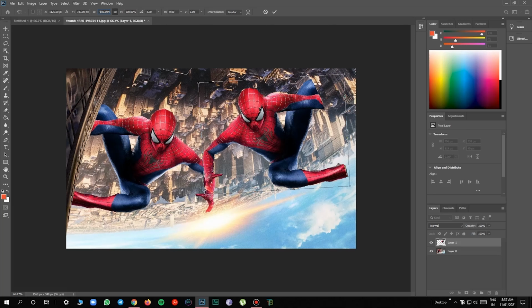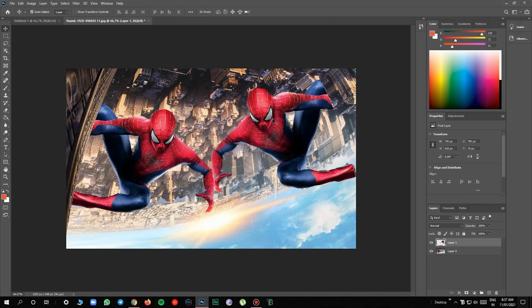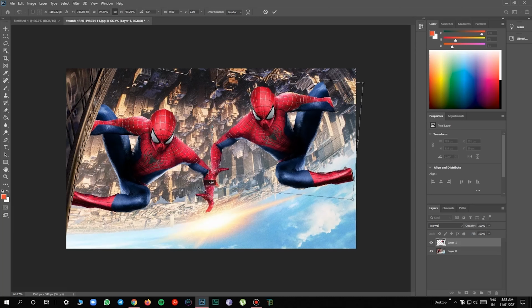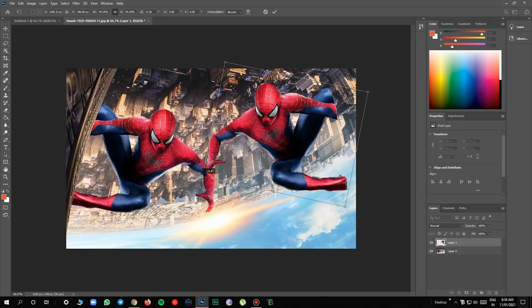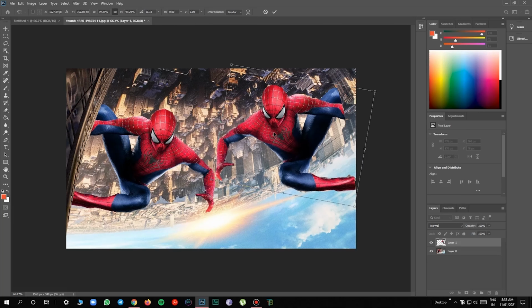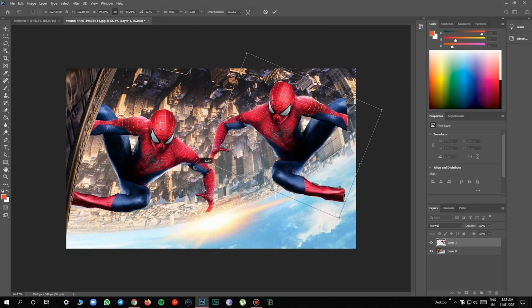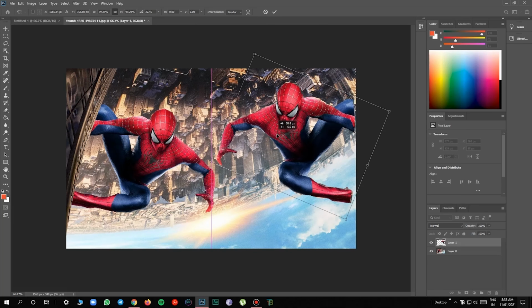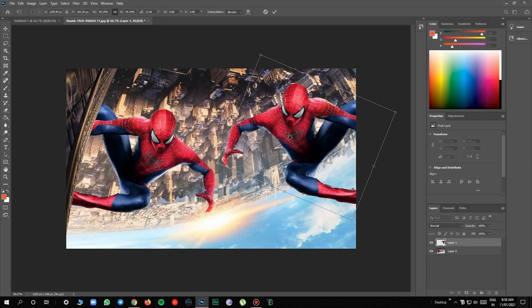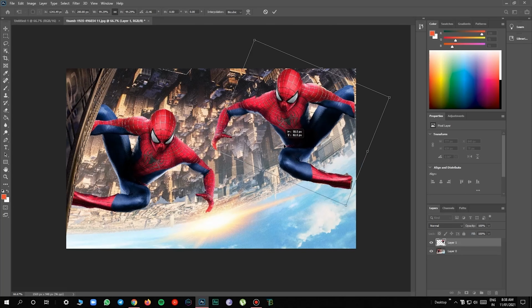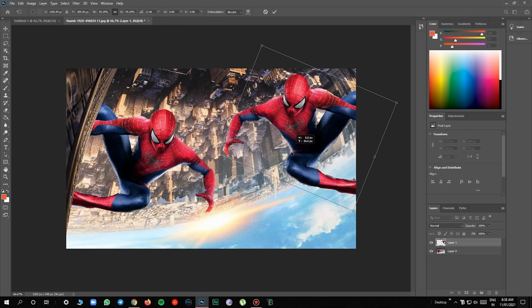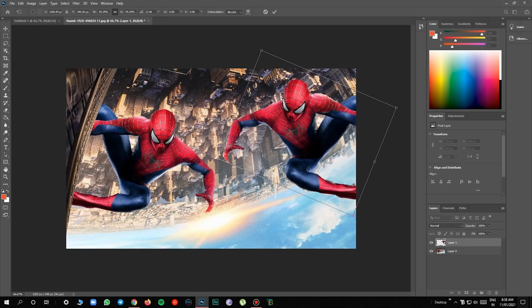Now using the move tool, let's move it to the right place. This one looks nice. There are two Spider-Man now. So you can place this anywhere and then give OK, the tick symbol.